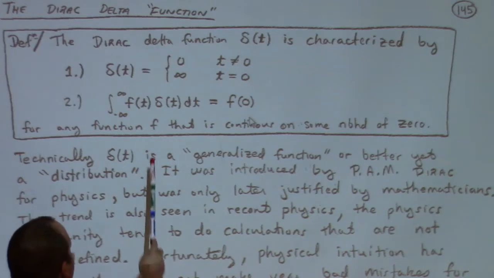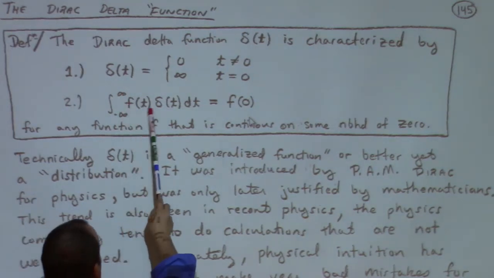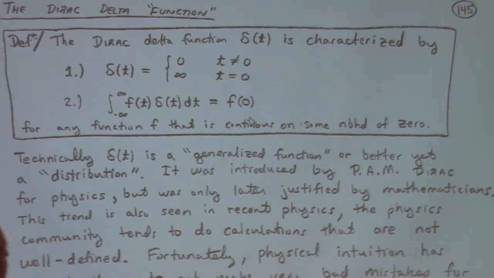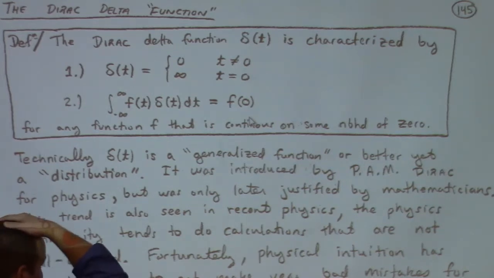Some things stuck. The integral from minus infinity to infinity of f of t delta of t dt is equal to f of 0. That's closer to something reasonable. Still kind of weird, right? Because even though that integral involves infinitely many values of time, apparently it only cares what the value of the function is at 0. But that's a very nice thing, because it says that integration becomes evaluation when there's a Dirac delta function involved. It's called Dirac in honor of Paul Dirac,